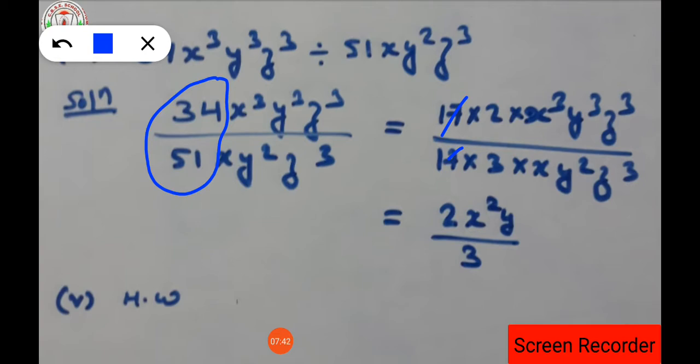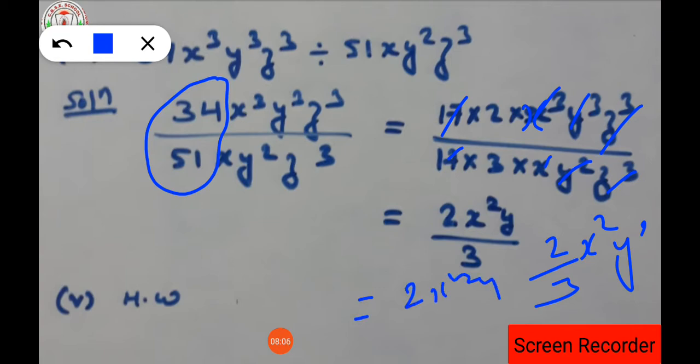Okay, here what is this one? It is x cube, isn't it? So 1 x from the numerator and denominator will get cancelled. So 2 upon 3 is left out, x square is left out, here 1 y will be left out, and here z cube will get cancelled. So in place of z nothing is there, that is 1. Okay, so what is the required answer for it? That is 2x square y upon 3 is the required answer.